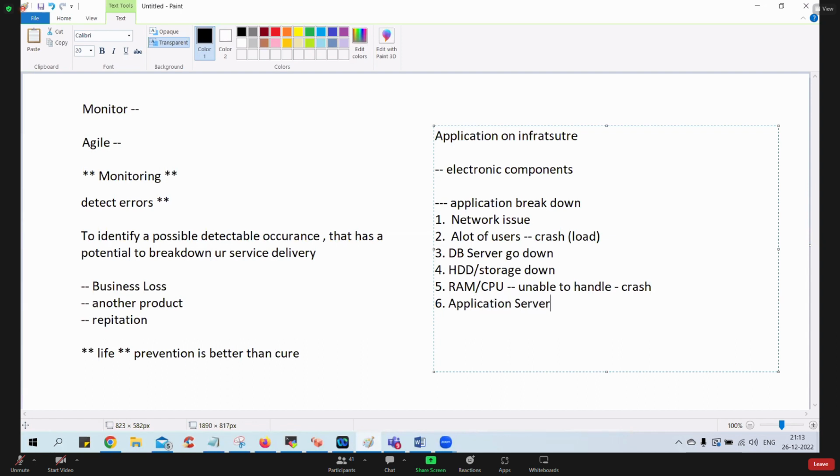The application server, right? Web server, like Tomcat. So you deploy the application, let's say on a Tomcat, right? On a Docker or on a Kubernetes. So it may not be the application, but the underlying layer may crash down. So web servers or underlying layers can crash down. Very interestingly, this is also possible. Updates. Do you agree?